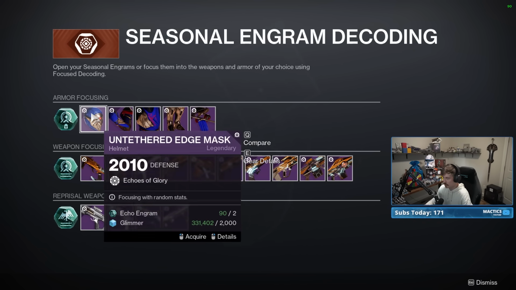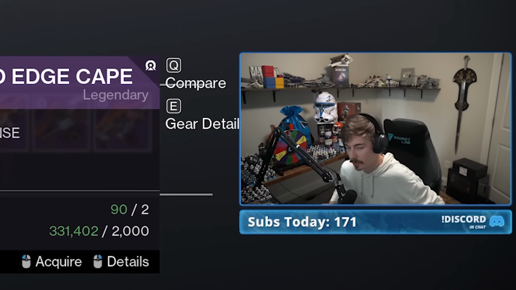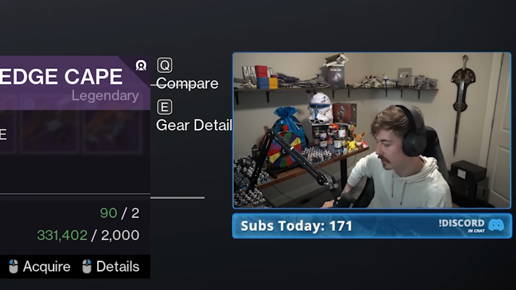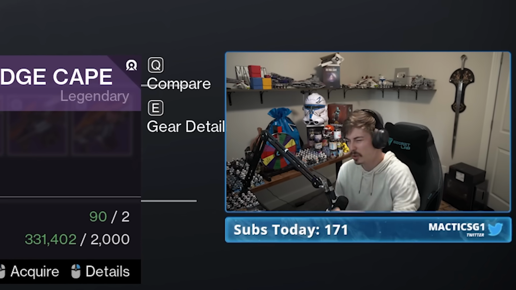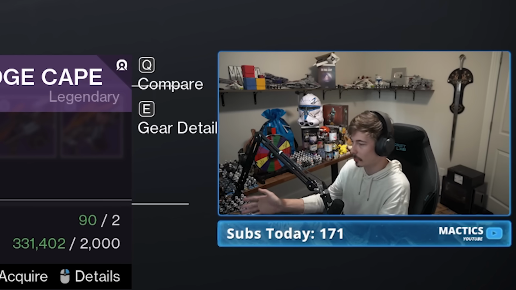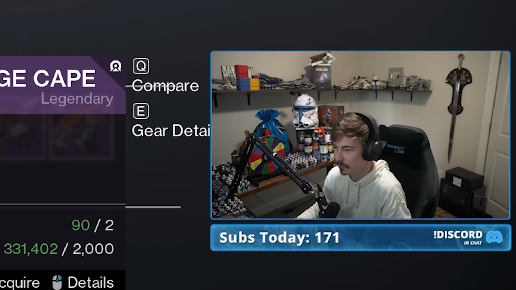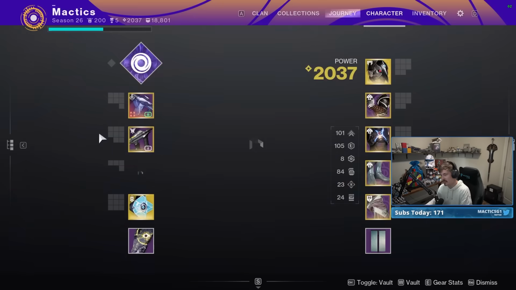The only way you get high stat rolls is if you focus the individual pieces of armor. So what you'll want to do is spend these engrams on getting helmets, gloves, chests, and boots. Don't worry about class items because class items do not currently roll with stats, and in the Edge of Fate they will come with stats. So any that you get right now are going to be pretty useless in terms of stat allocations. When we walk into the Edge of Fate, you're just going to have to wait until you get some actual stats on class items that'll drop in the Edge of Fate. But you'll go ahead and get some boots, chest, gloves, and helmets